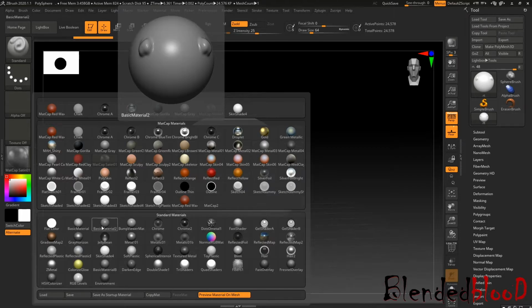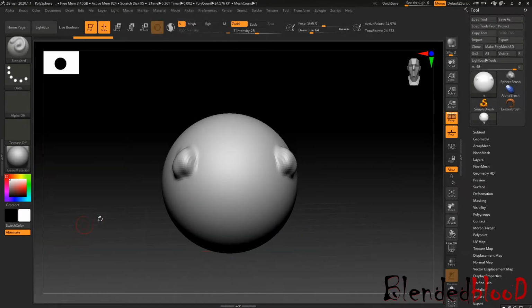Because if you work in Maya or Max, the materials Blinn and Lambert are very much different, but both have the same purpose. The same is here. The basic material works as Lambert, basic material 2 works as a Phong or Blinn. So you need to choose basic material without shine. See this one.